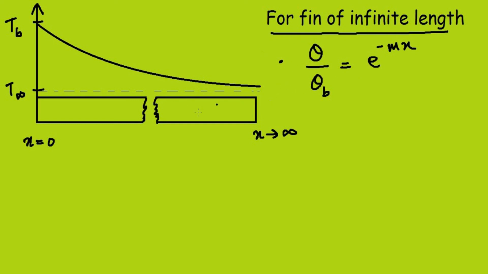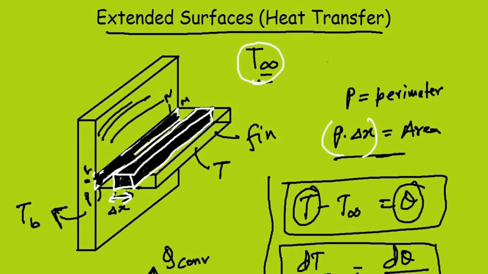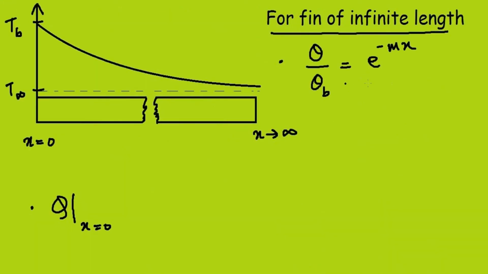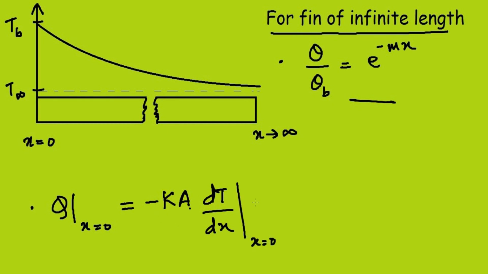So one more thing which is left here is the heat transfer rate Q at x equal to 0. That is, what is the heat rate which is getting conducted from this base to the fin. That is, at x equal to 0 we have to find Q. So we will do it using this temperature distribution equation. We can do it easily. We know Q due to conduction is equal to minus k times the area times dT/dx. So dT/dx will also be at x equal to 0. A is the area and dT/dx we have to find from here.